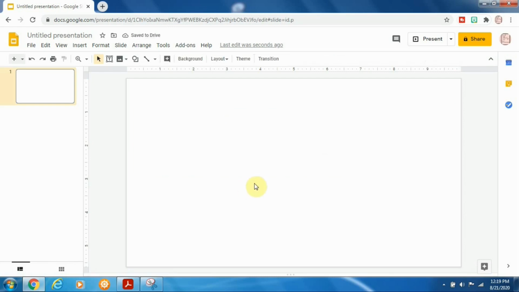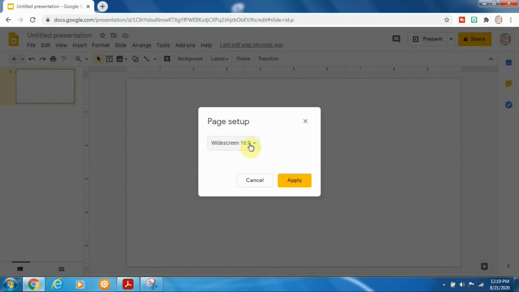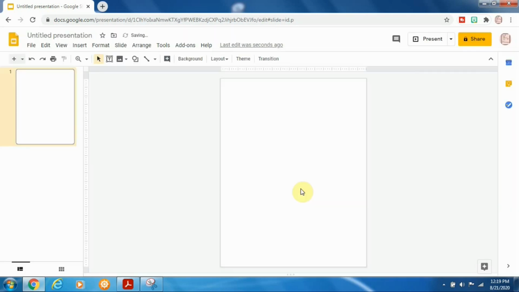Okay, now I want to change the size. So you have to click on File, Page Setup. Here we're going to select Custom. I'm going to change it to 8.5 times 11 and then click on Apply. Okay, now I have my new size